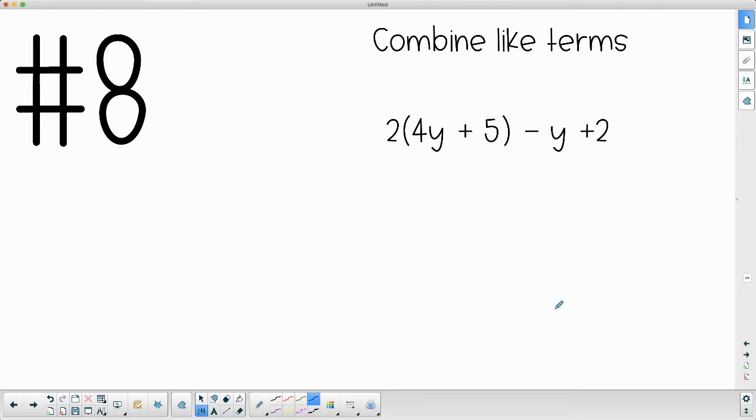Number 8 is asking us to combine again. So we want to give